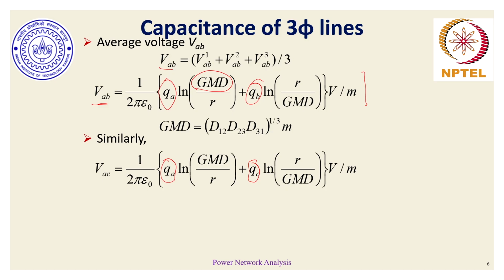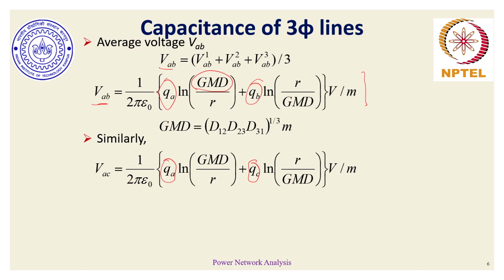It's often convenient to evaluate quantities on a per phase basis, where the neutral point or the ground point acts as a zero potential reference. Since we are talking about potential difference between 2 points and we don't know where the neutral point exists, we are trying to come up with an expression where we can find phase A potential with